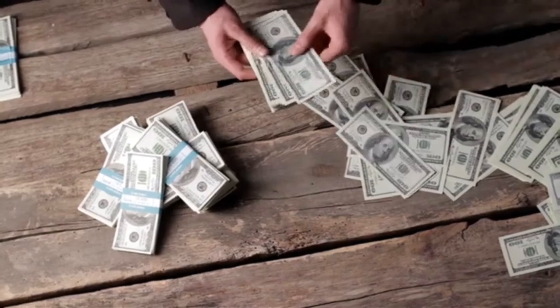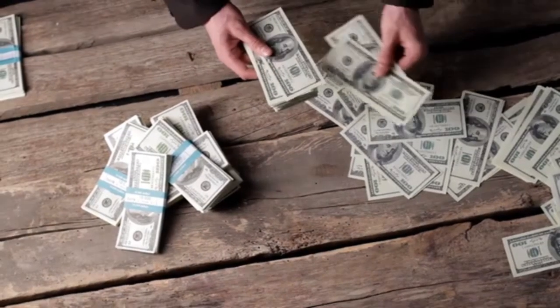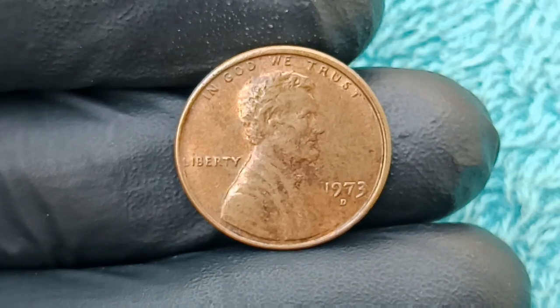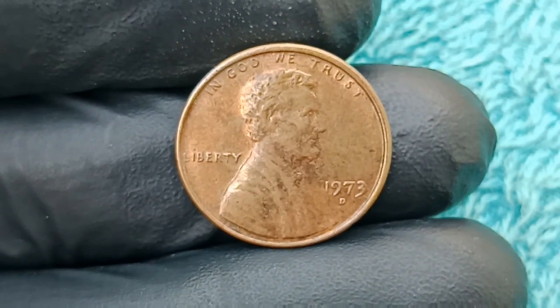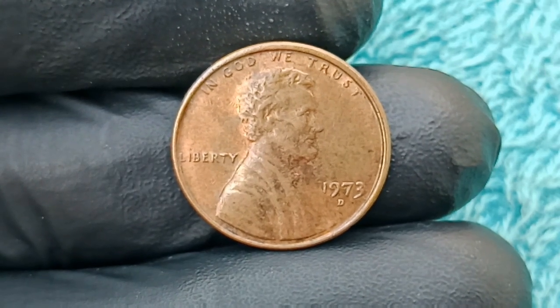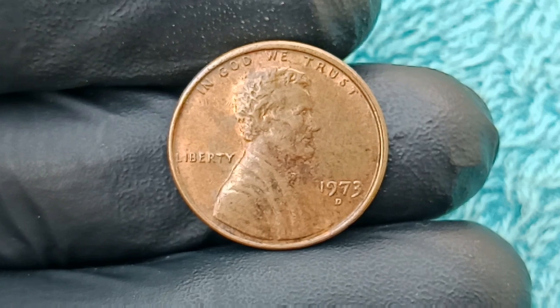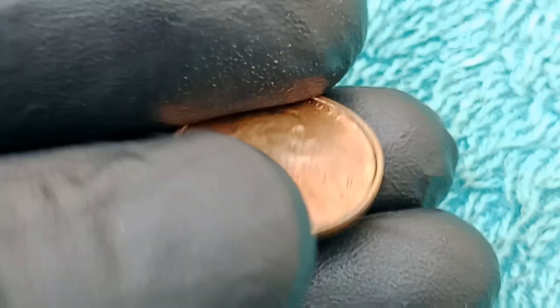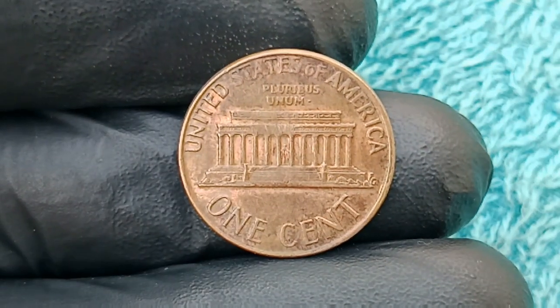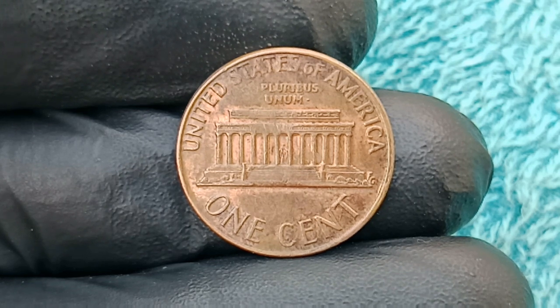Have you ever held a coin so ordinary in your hand, a simple piece of copper you barely looked at twice, and wondered if it could be worth hundreds of millions of dollars? Imagine flipping through your pocket change one day, eyes half focused, only to stumble upon a coin minted in 1973 with a small D marking just under the date, a 1973 D 1-cent coin, the kind most people wouldn't give